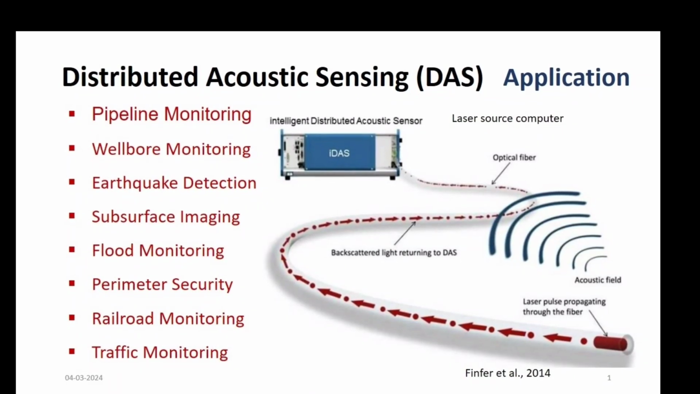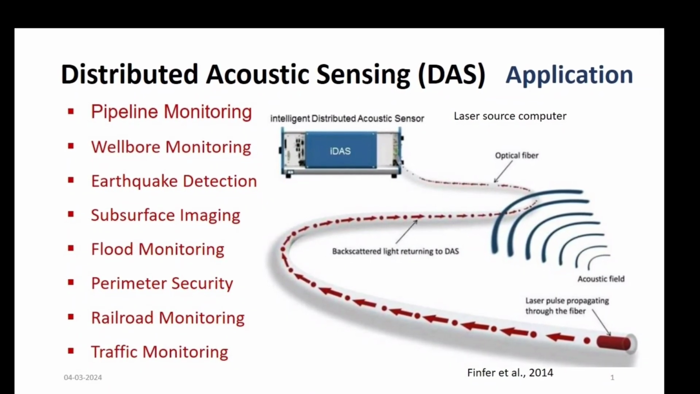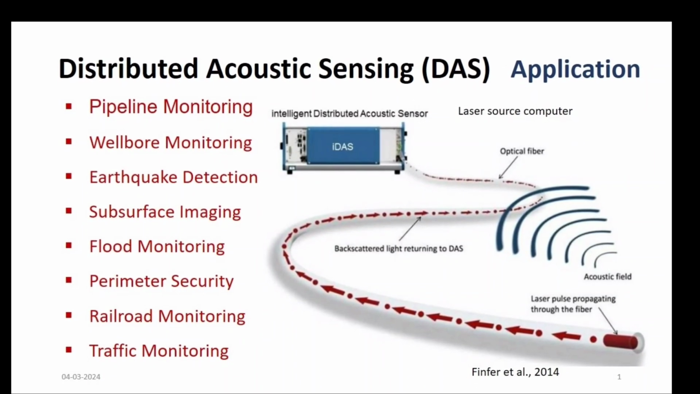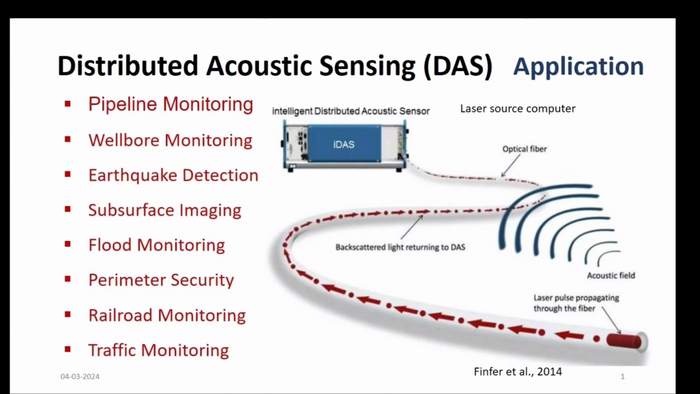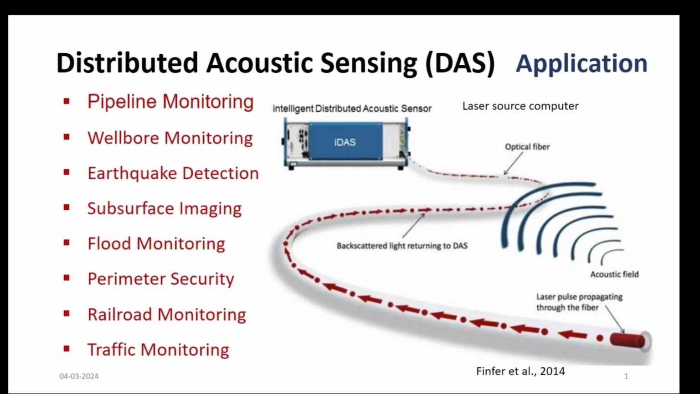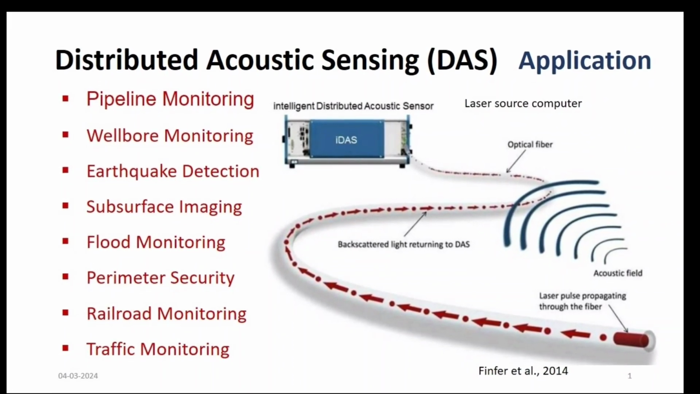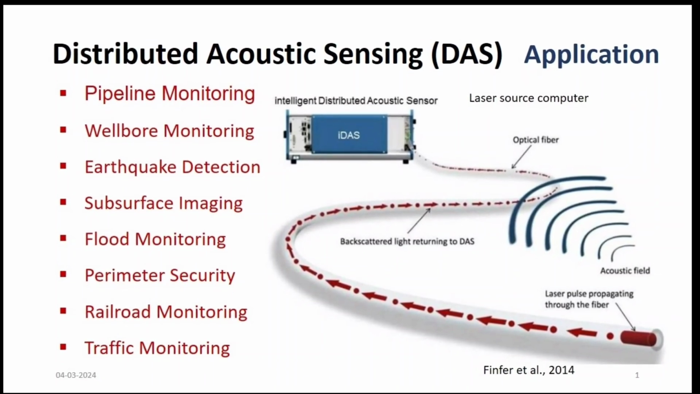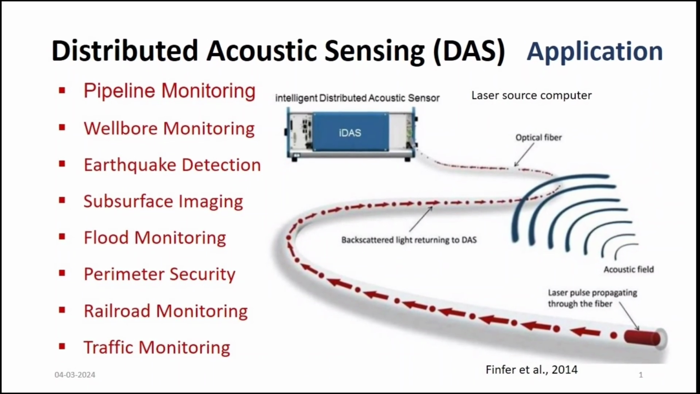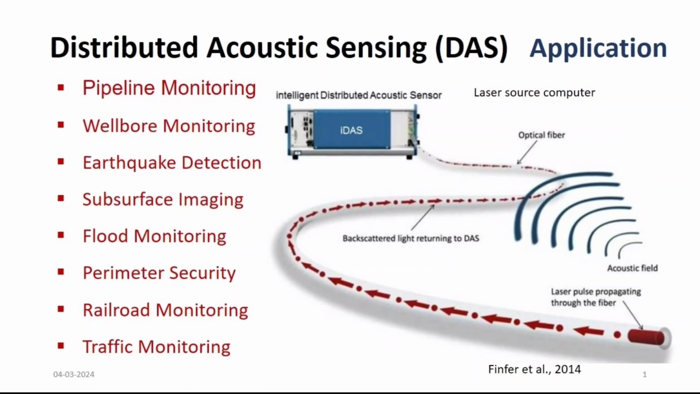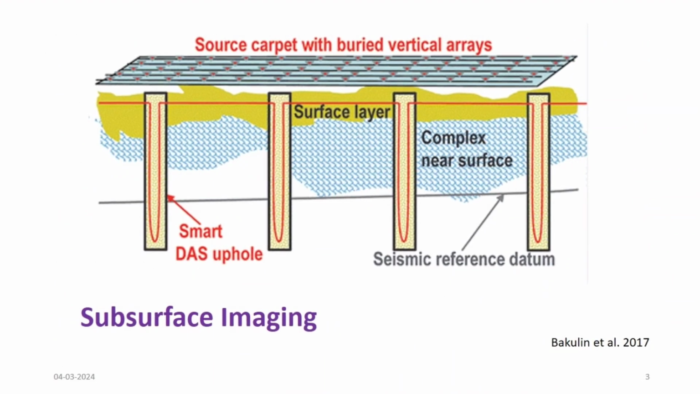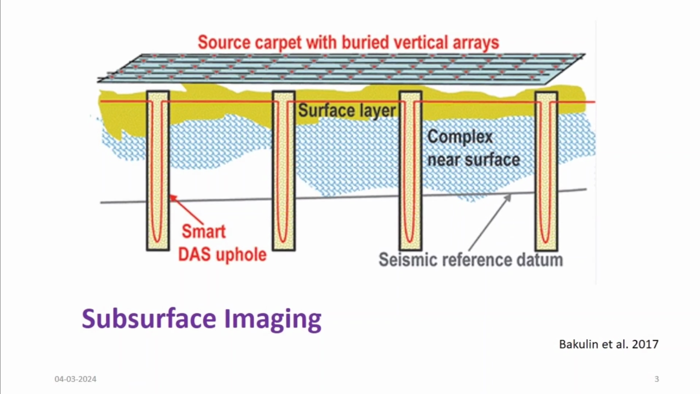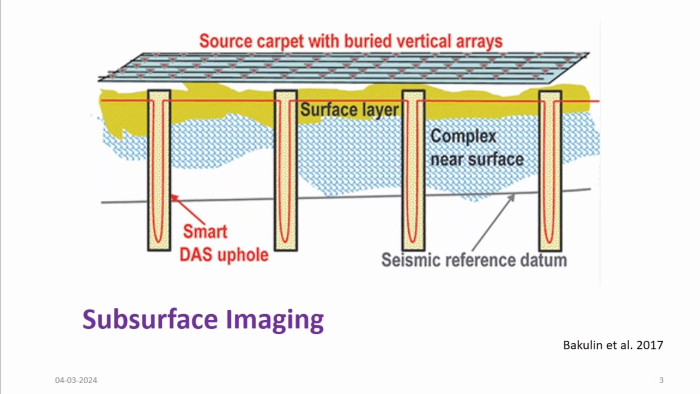Hello everyone. Today we will discuss the distributed acoustic sensing technique. This is also called DAS. This DAS technique is used for pipeline monitoring, wellbore monitoring, earthquake detection, subsurface imaging, flood monitoring, perimeter security, railroad monitoring and traffic monitoring. In the subsurface mapping, here you can see the fibers are inserted in the borehole